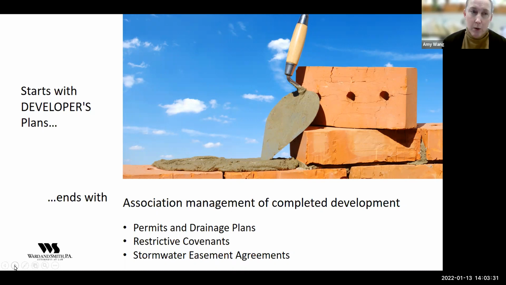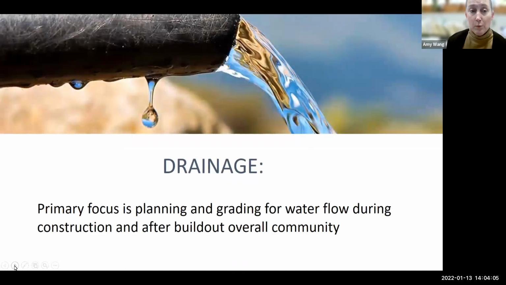When the development's completed, post-construction management of surface water flow, whether it's drainage or stormwater, is accomplished through different provisions and permits, sometimes in covenant language, easement agreements. Any of those in an association will need to understand how they work together and understand the terms, not only for common area that the community association may own itself, but also to manage activities within its authority in the community that are outlined in its governing documents. So although this begins with the developer's plans, it's going to end with your association's management of that completed development in the community.